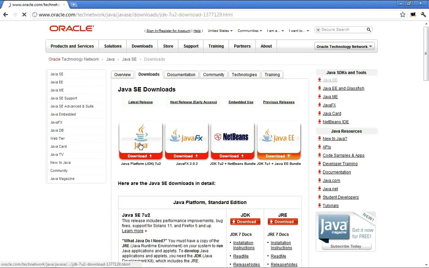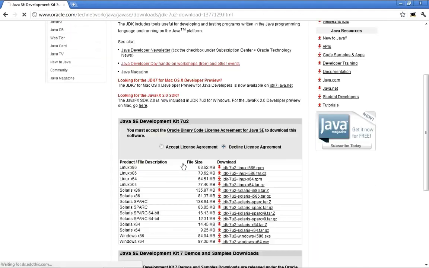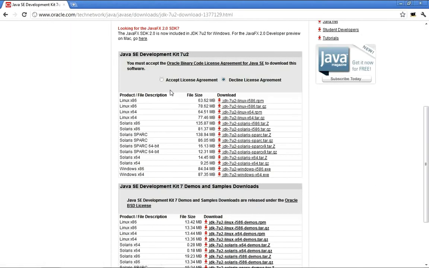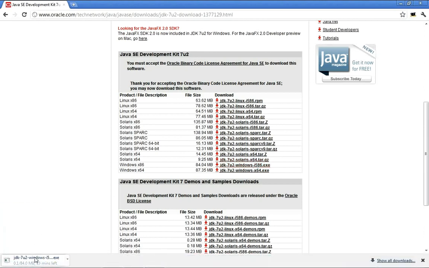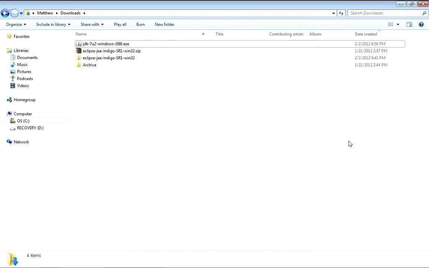Go ahead and click on download. Then you should see some option to download. Click on accept license agreement. Then depending on your operating system, you may select the appropriate exe file, and it should start downloading the exe file. Okay, once the download is complete, open your downloads folder, then